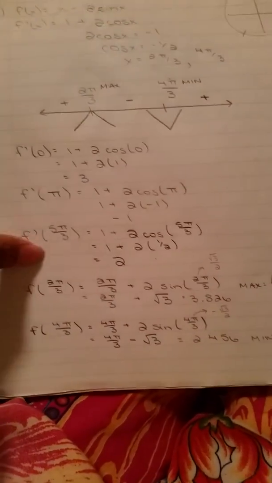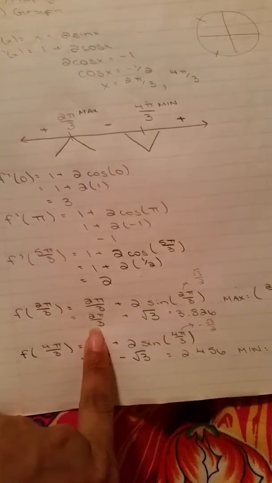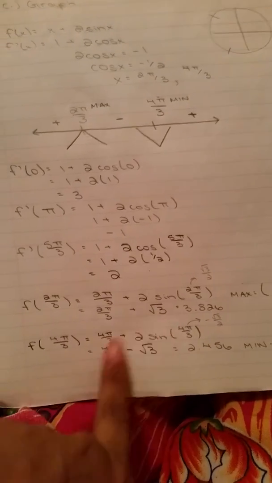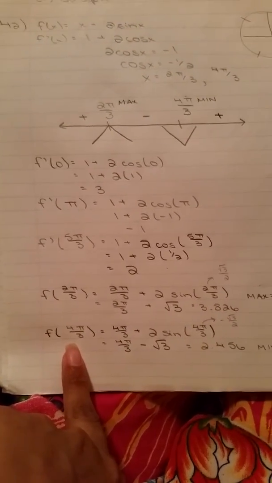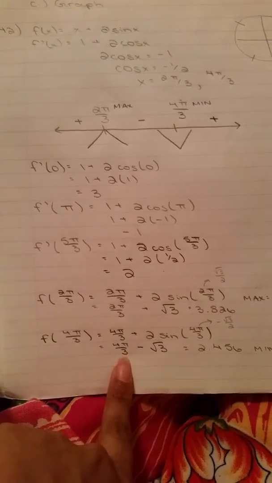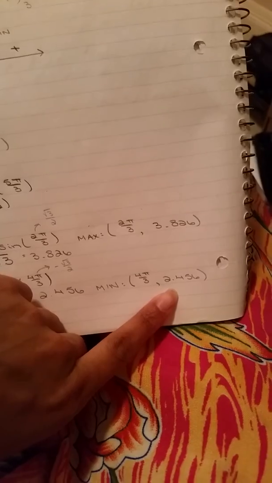And when you do that, you get 3.826, or to be more exact, you would get 2 pi over 3 plus square root of 3. And for 4 pi over 3, you would get 4 pi over 3 minus square root of 3, or 2.456. So your maximum would be 2 pi over 3, 3.826, and your minimum would be 4 pi over 3